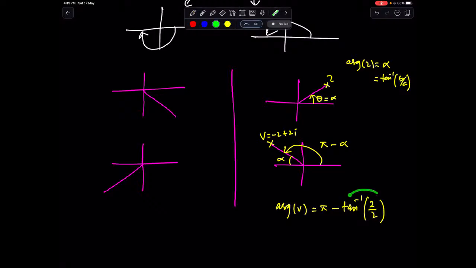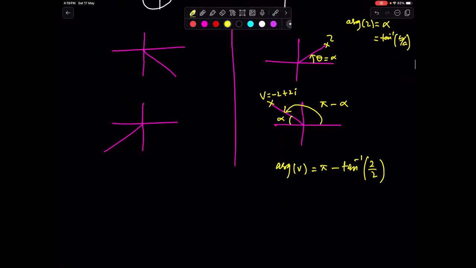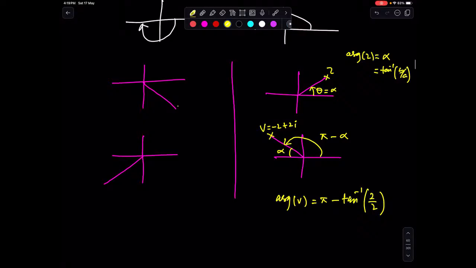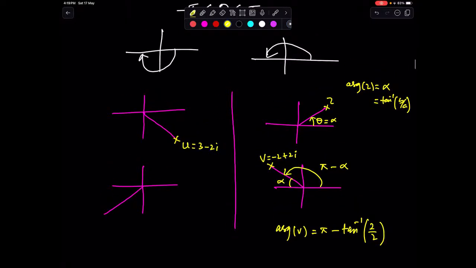Remember, when you find alpha, you always ignore negative signs. So just write 2 upon 2. Now, if your complex number is in the fourth quadrant, for example, u is 3 minus 2i, then its argument